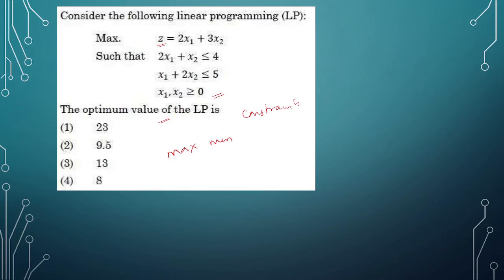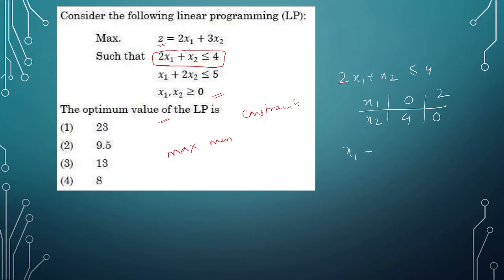ओके, सो फर्स्ट हमने ये इक्वेशन लिया. सो 2x1 plus x2, this is the equation, right? So what I do, I will take x1 and x2, and then one time I will put x1 as 0. So if I put x1 as 0 here, what I get? x2 की वैल्यू 4 मिलेगी. और जब x2 को एक बार 0 पुट कर दो आप यहाँ पे, तो 2x1 इक्वल 4, यानी कि x1 इक्वल 2 मिला. तो ये हमने फर्स्ट इक्वेशन के लिए किया.